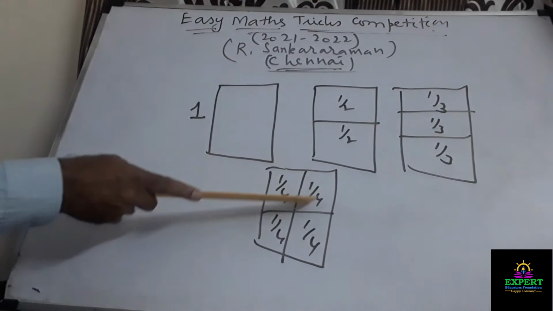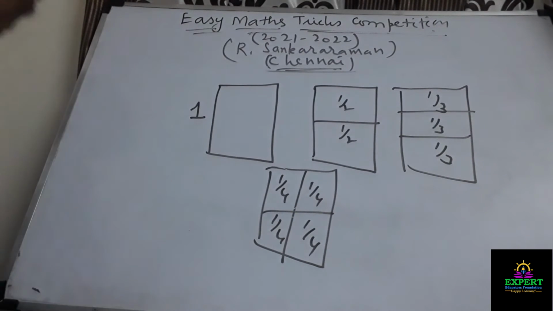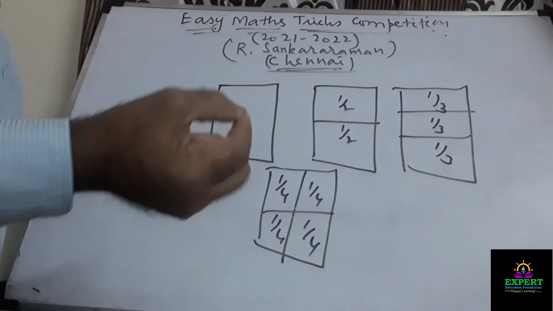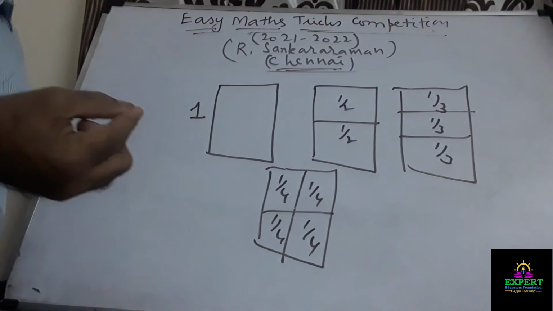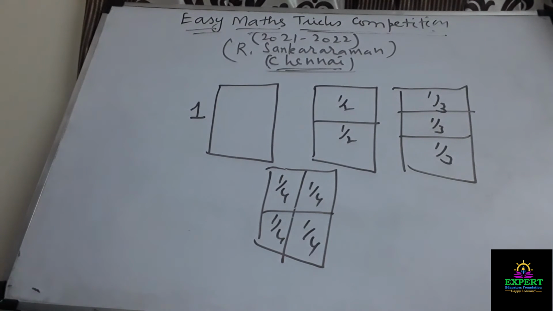Therefore, if the denominator is nearer to infinity, I have to think about the size of the paper now. The size of the paper is as small as possible, which I may not be able to look through my normal eyes. I may have to use a microscope to see the size of the paper. If it is as small as possible, nearer to 0, I won't be able to look through my normal eyes. Therefore, that is equivalent to 0.